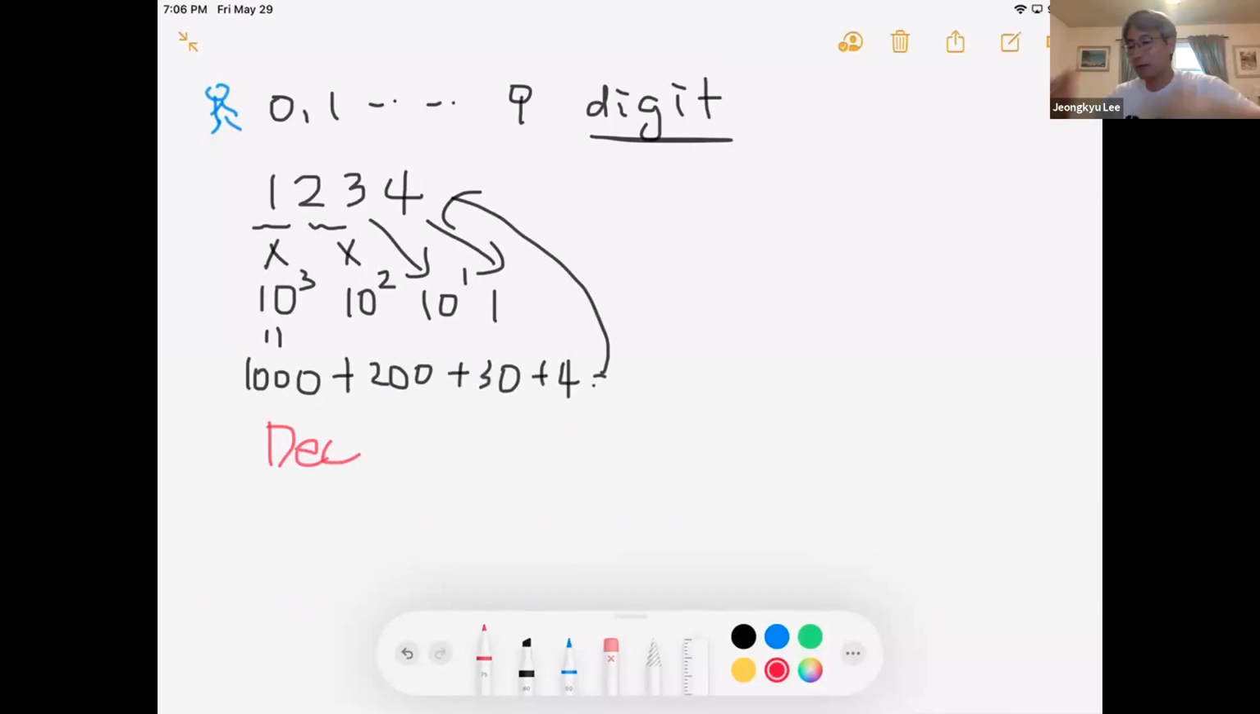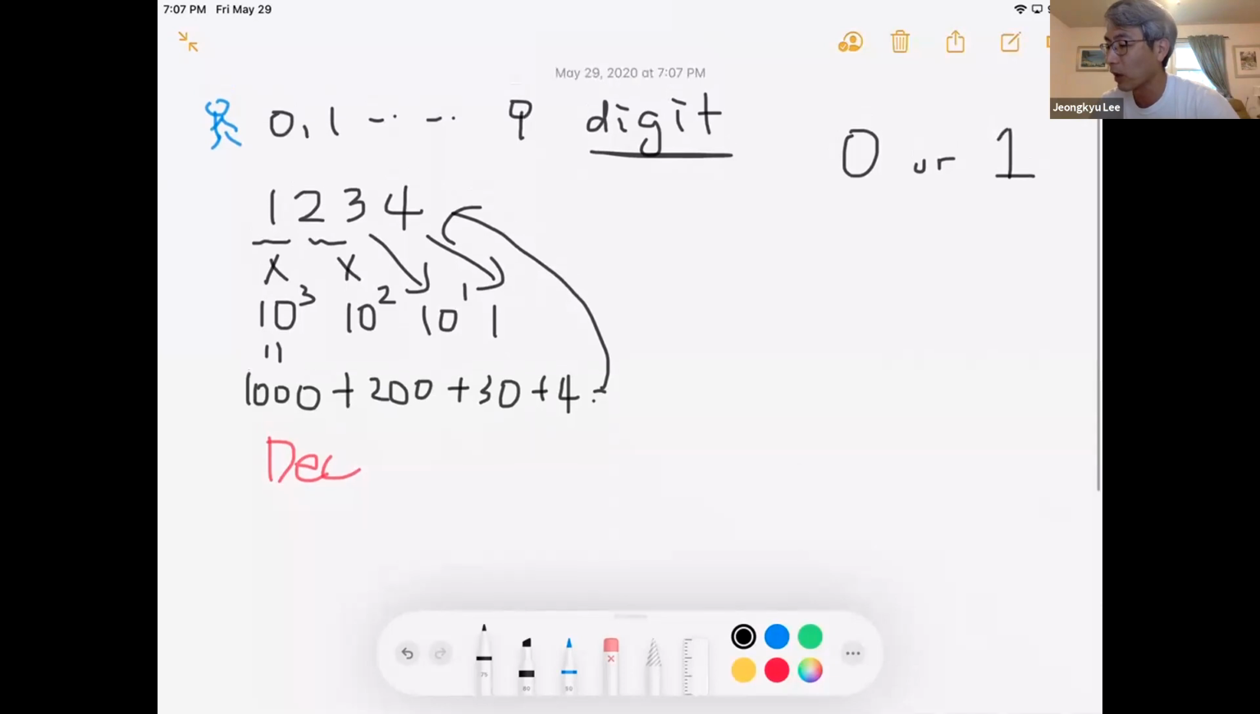It's too complicated. Instead, it uses, as you know, the binary number system. What numbers are used in the binary number system? It's only 0 or 1, only 2 numbers. Unlike the decimal number system, the binary number system has only 2 different numbers, but it uses exactly the same digit concept. So for example, if we have